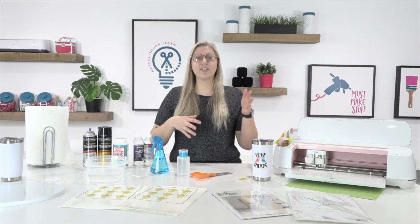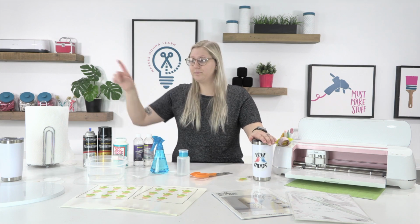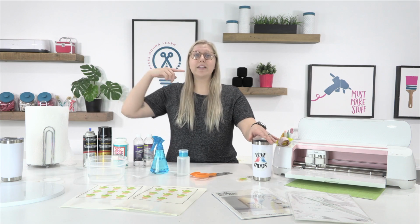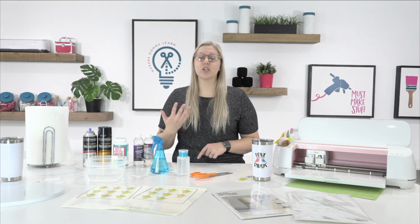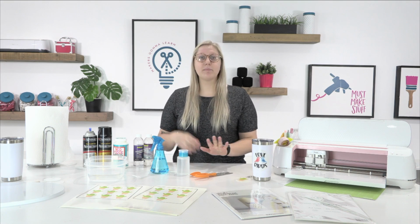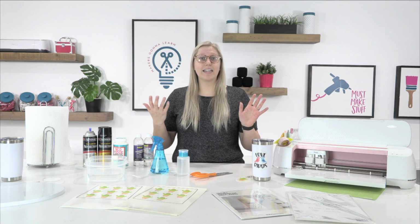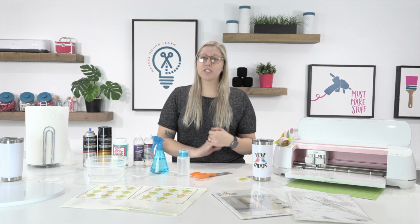And along with that, you're also going to need your blanks. So again, we are going to be using a Tumbler here. We did get ours already white, but you can get stainless steel ones from Walmart that are super cheap, or things like that, and tape them up and spray paint them in a well ventilated area. That's totally fine too, but it is important that the background of these Waterslide decals are white, just because